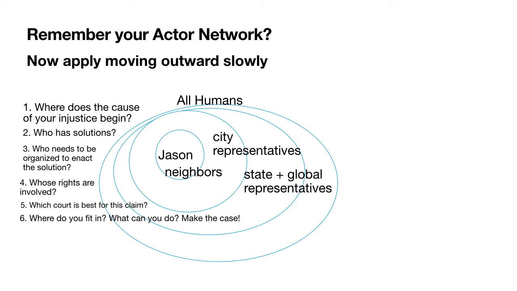Then there are city representatives, and some of them might be my neighbors, right? I don't know, so I'd have to do some research and find out where these city representatives are. And then we just keep extending. Then there are state representatives, then global representatives, right? So these organizations that you're reaching up to, the United Nations, for me, is just on the other side of Central Park. That's my neighbor practically, right? So if I walk over there, I'm bound to meet people from the United Nations who can help me on